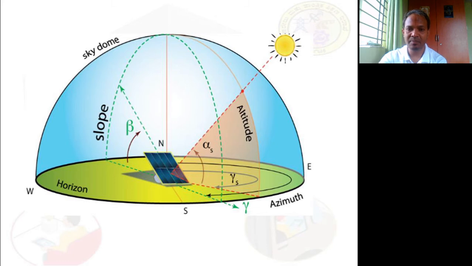Now this is the altitude angle. The altitude angle, as I have already told you, will be 0 at sunrise. As the sun keeps rising, the altitude angle keeps increasing. That is denoted by alpha. It is actually the solar radiation falling onto the solar panel with respect to the horizontal plane. That is what we call the altitude angle. The azimuth angle is the one between the sunlight and due north of the sensors. That is what we have just discussed.